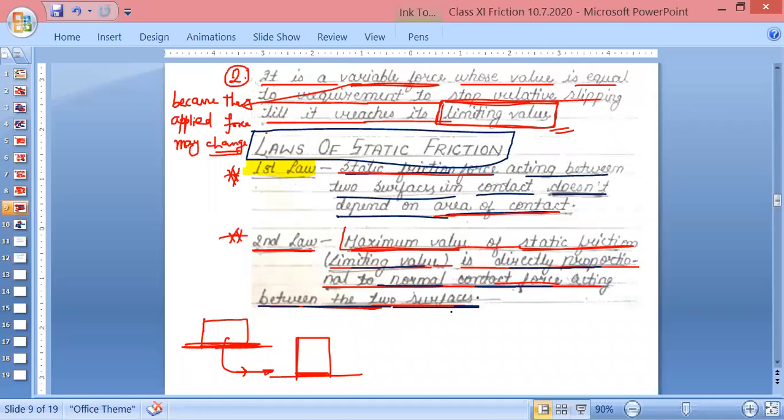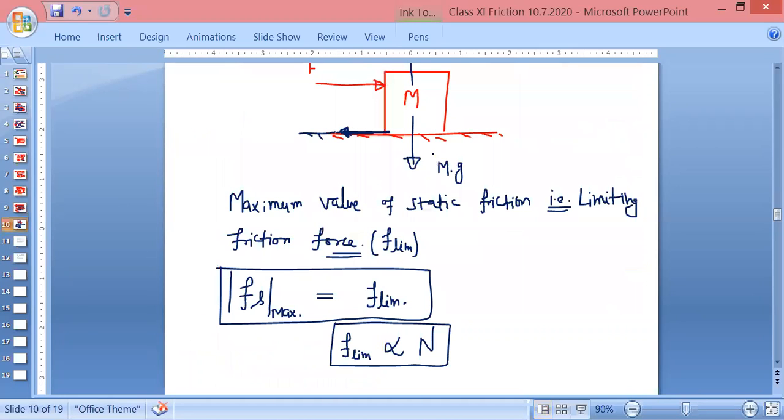I hope you are getting this. Normal contact force is nothing but this N. So according to the definition or second law, we can write the limiting friction force